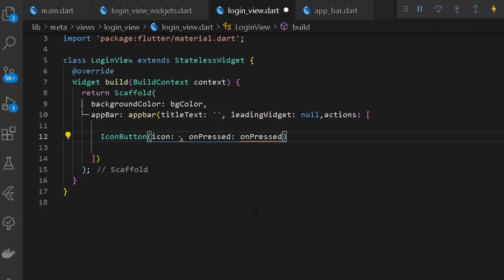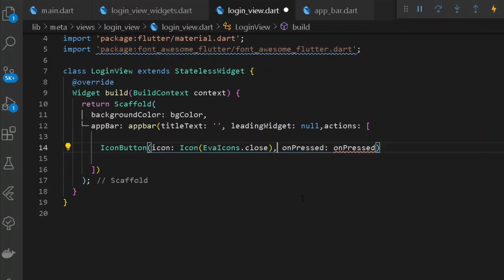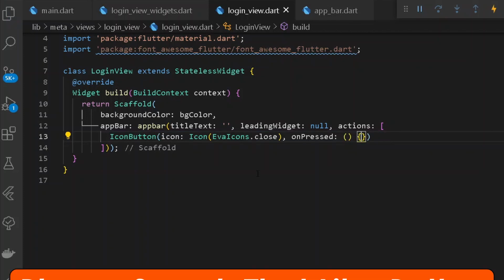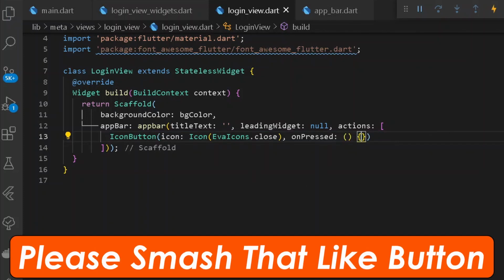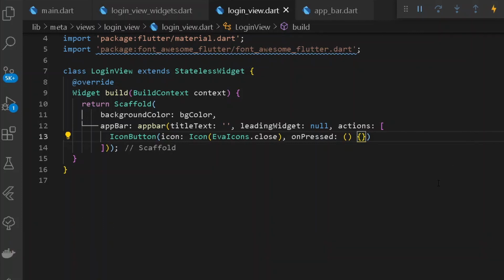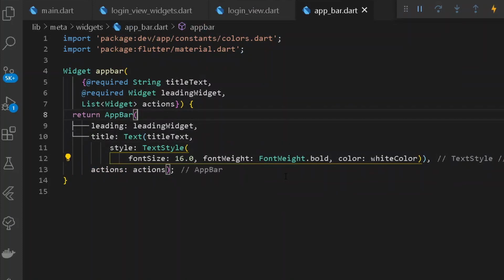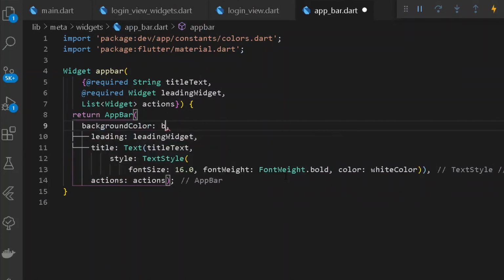So here let's have a new icon, and here we shall also be requiring an onPressed property which shall be null for now. So here let's have a null flag, but here you can see we are getting an error. No worries, we shall be reloading our entire application once and the error will be gone. Cool, so we have our new app bar here, also the following close button. So here let's do one thing, have a color to it. Under color I shall be simply having a yellow color. Format document once. Let's go back under our app bar, and to our app bar let's have some background color of background color. Format document first.